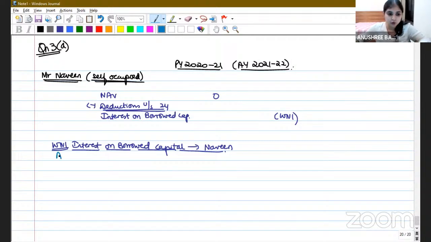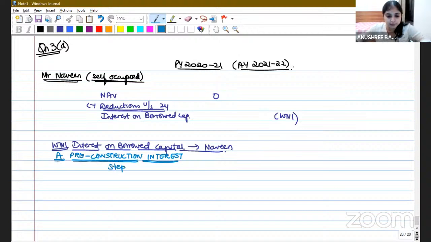So under this, write down point number A, pre-construction interest. Pre-construction interest is the only complicated part under IFHP chapter. But even this is very simple if you follow the 6 steps which I'm going to show you. Students generally get confused over here very badly. And I always tell them to follow these 6 steps and they are always comfortable thereafter. So all of you, I urge you all to follow these steps.